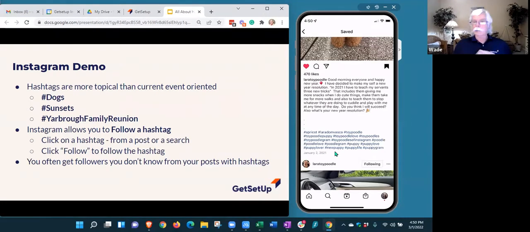I know somebody asked earlier, and I want to go there before I forget about it, because I said I'd show you how to do this. Let's say this is where I would probably use hashtag Yarborough family reunion. Because it's all about pictures, and at family reunions everybody takes a bunch of pictures. Maybe during the family reunion there'll be 60 pictures taken, and everybody's going to see everybody else's pictures.